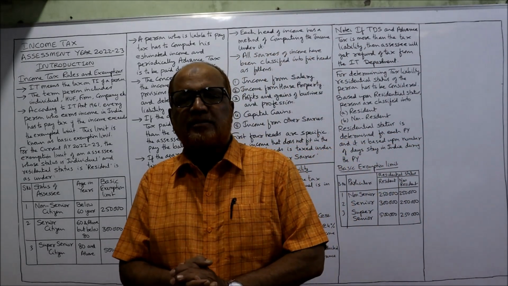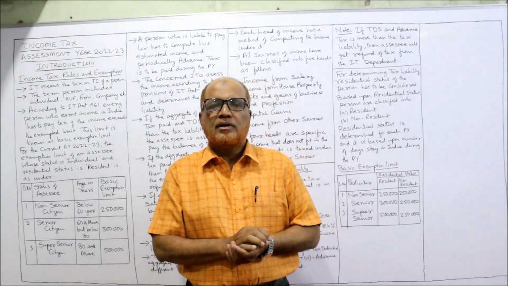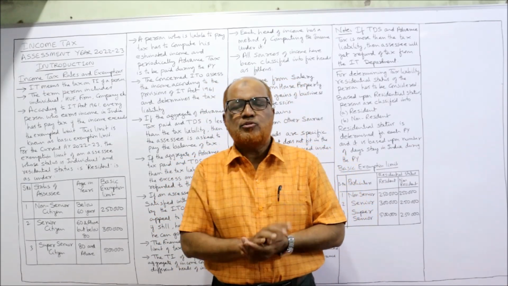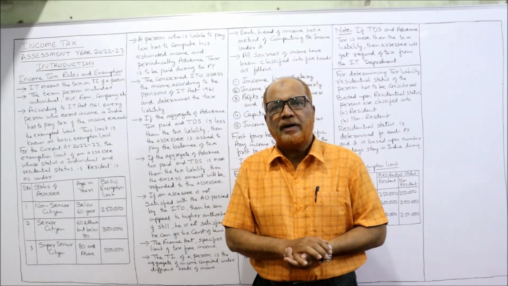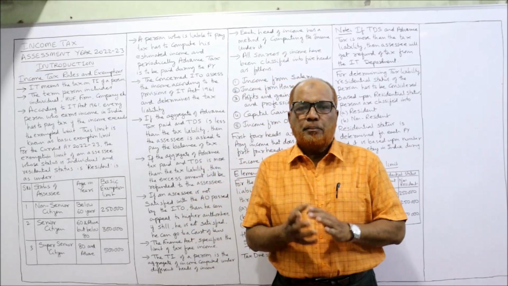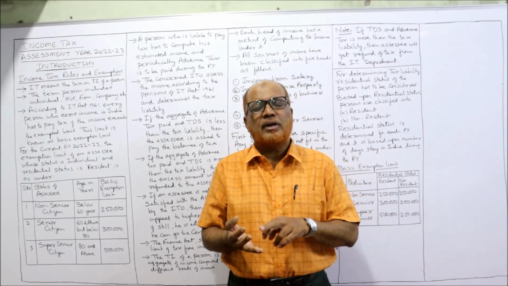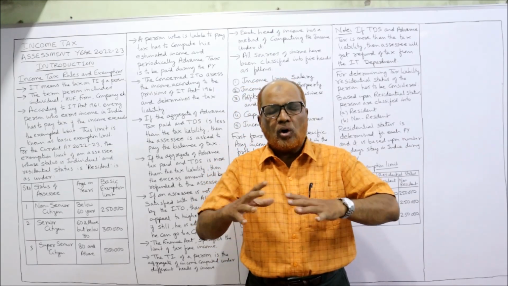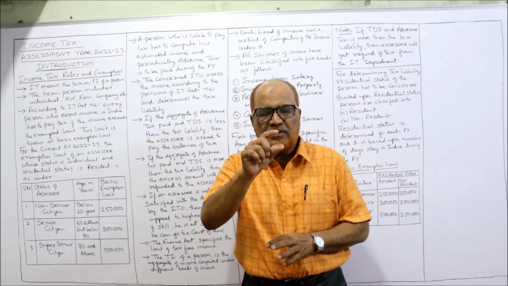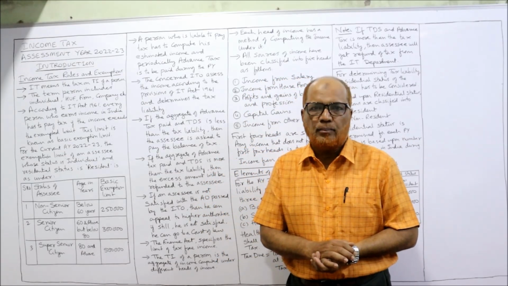Now see here, income tax. Income tax is a tax on the income of the people. When a person's income exceeds the basic exemption limit, the person is liable to pay tax. And every person does not mean only individual. Person includes individual, HUF, partnership firm, joint stock company, association of persons, artificial body. All these are persons. So every person has to pay the tax if during the previous year, the income is more than the basic exemption limit.